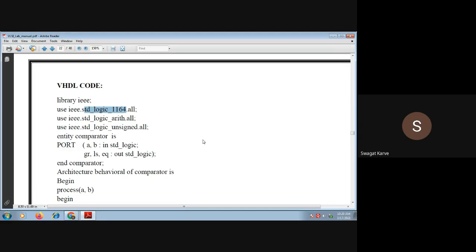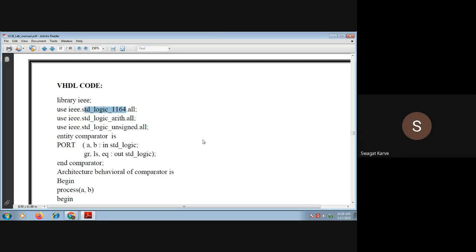Obviously it is an arithmetic operation, right? Equal to, greater than, less than, all these operations come under the category of arithmetic operation.